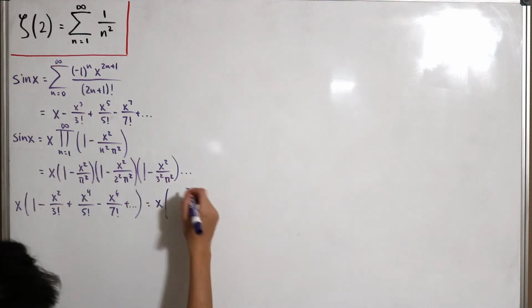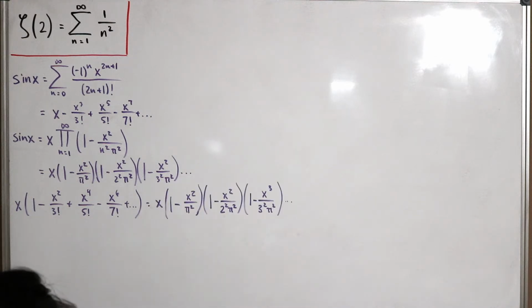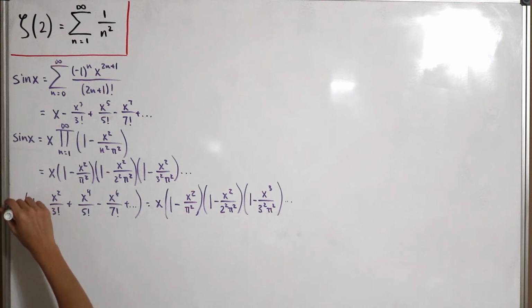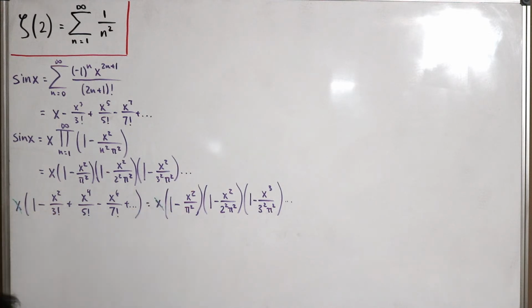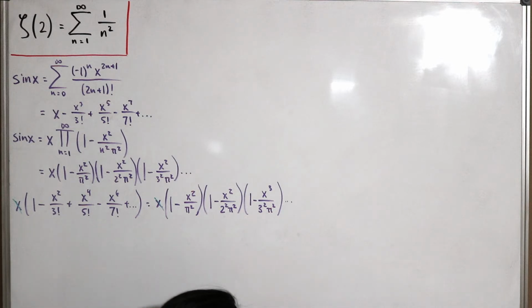So let's actually just cut to the next footage so I don't have to see me write this out again. So that's cool. We have the representation here. So obviously what you can see is that we can actually cancel the x's on both sides of the equation. And now the next thing I want to do is use a little fact, and the